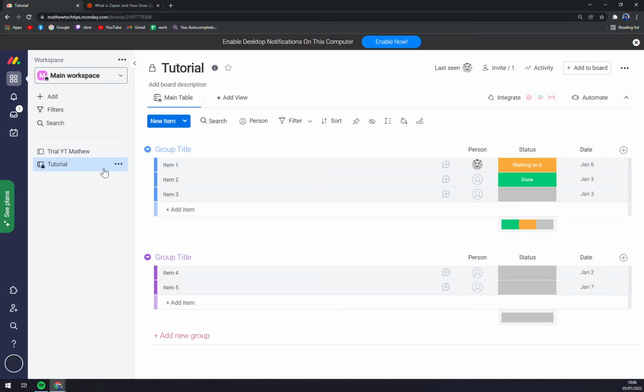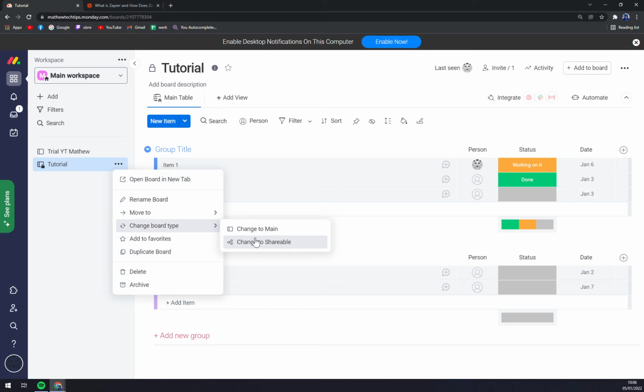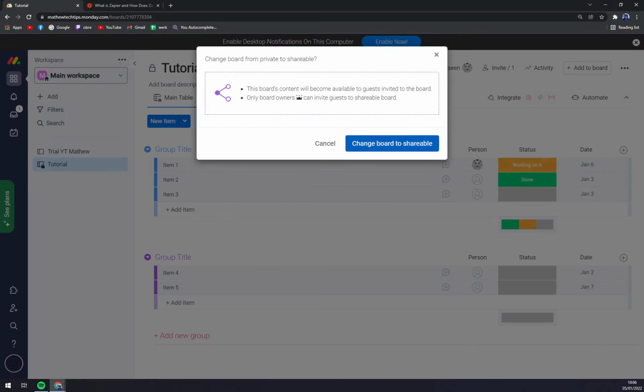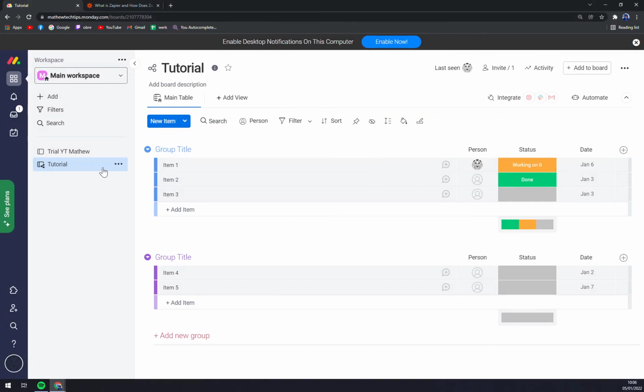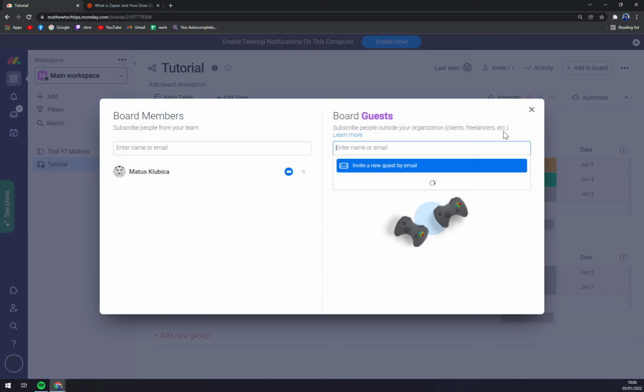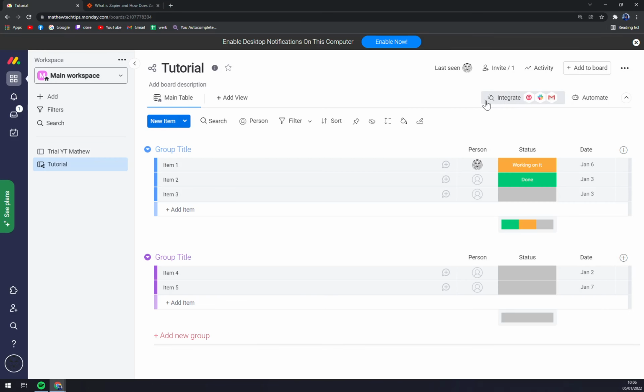If you want to reverse the action, it's very easy. It's the same way, but the other way around. So we click on tutorial, these three little dots, change board type, and we change it to shareable. This board content will become available to guests invited to the board. Only board owners with a king crown symbol can invite guests to a shareable board. Change to shareable. Right now we can invite people or board guests, and they can make some changes to our